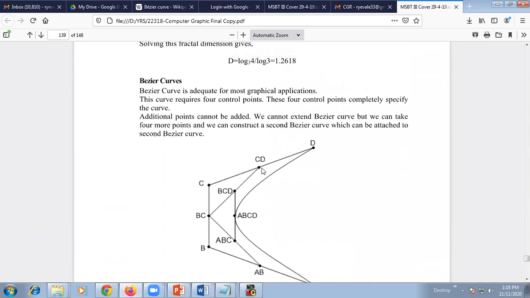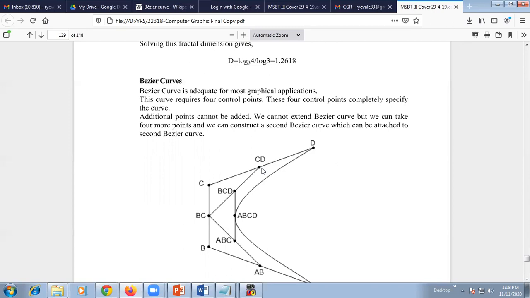For your practical, we are going to consider only the Bezier curve. The Bezier curve is a graphical application, and this curve requires 4 control points to operate on the particular curve. So these points are called control points.